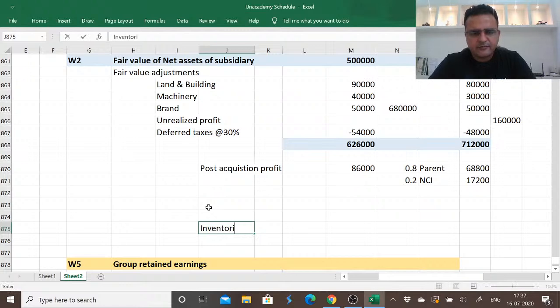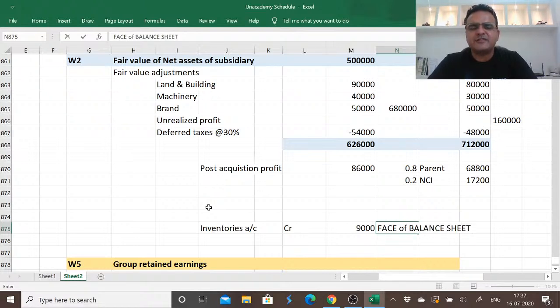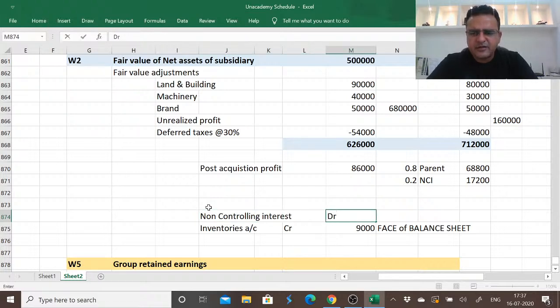Inventories account credit, we need to reduce the inventories, and this adjustment will be on the face of the balance sheet, that is 9,000 on the face of balance sheet, because inventories are added on the face of the balance sheet. P plus S, parent's inventory plus subsidiary's inventory, we are adding it on the face of the balance sheet. But since subsidiaries sold this, NCI should also get a share. So non-controlling interest is being debited with an amount of